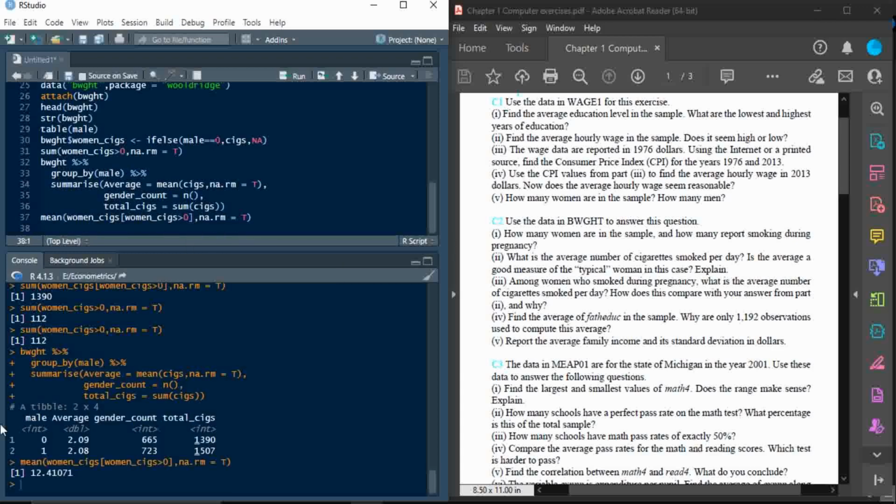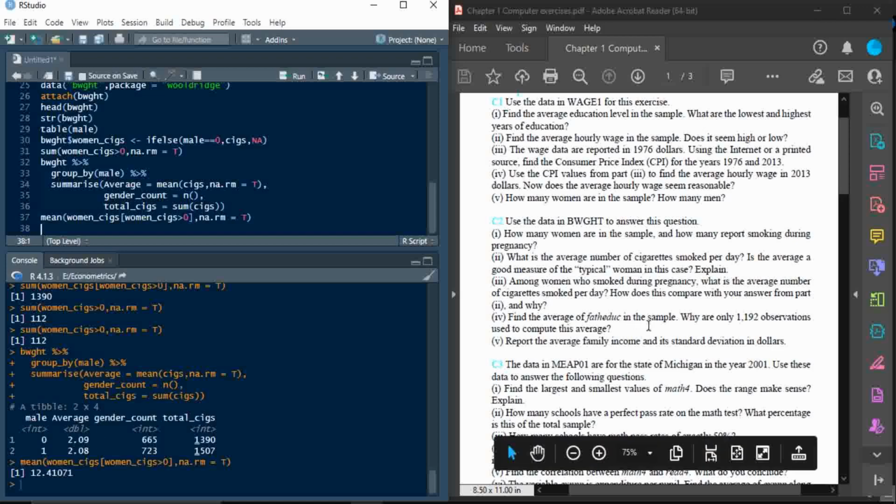Now let's look at this average. The average cigarette smoke per women who smoke is 12.41. It's greater than the previous answer, because in this part we have considered only those women who smoke during pregnancy. Okay. The next part is find the average of path education in the sample,